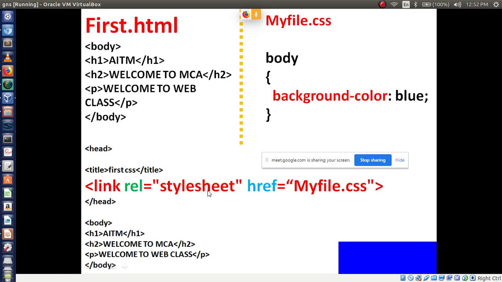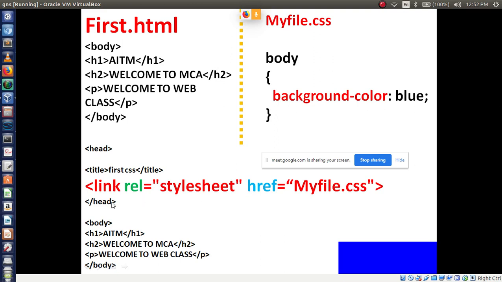So REL is equal to stylesheet. Then href, h means hyper, ref means reference: which page you are linking, that file name you give here, myfile.css.